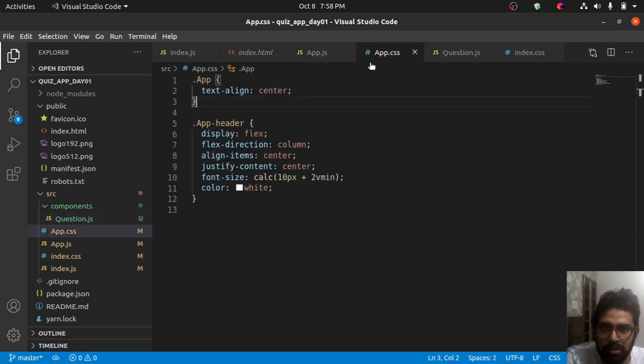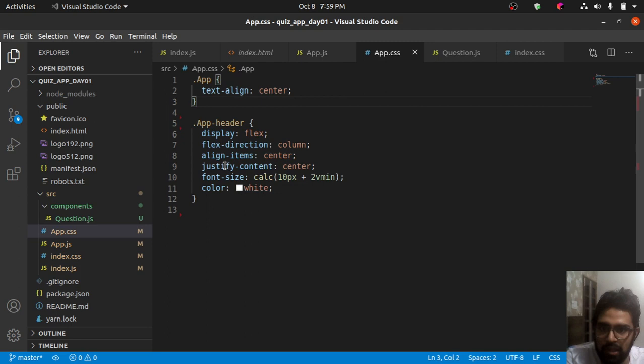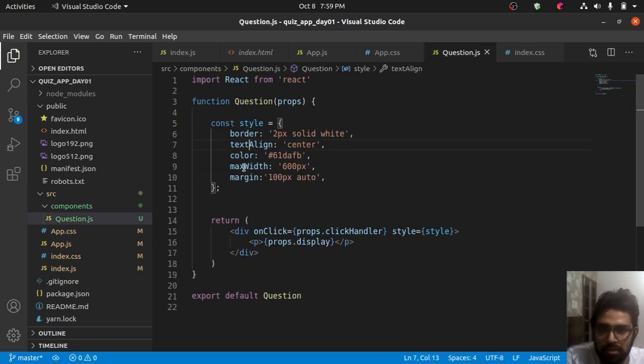So in CSS you don't specify it as a string, but here all the properties will be specified as a string, and also there will be a comma. So basically standard JavaScript object stuff. Also note that textAlign and others are all camel cased. This is not hyphenated like in CSS. All these are hyphenated in CSS, but inside here it is all camel cased.